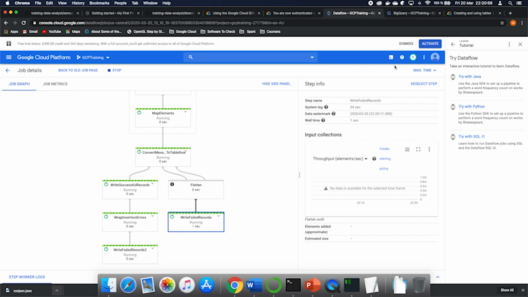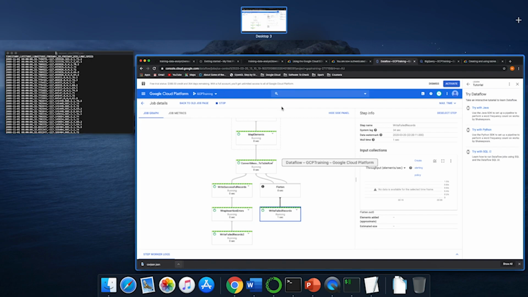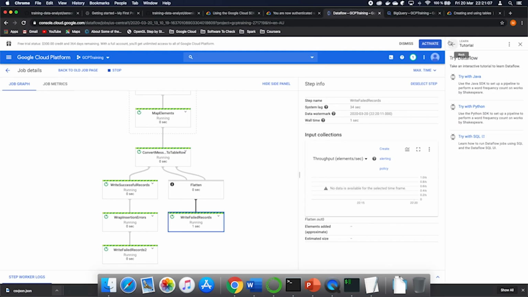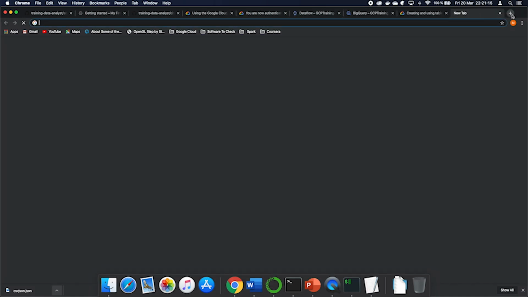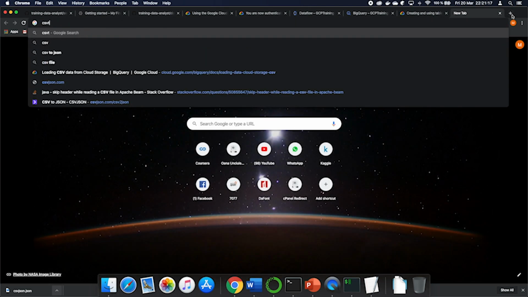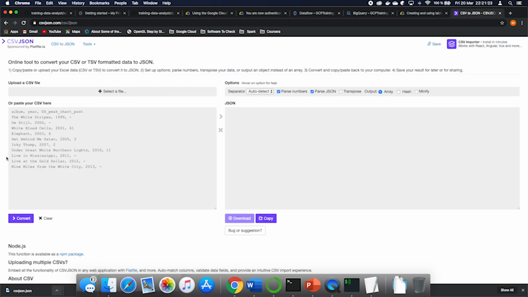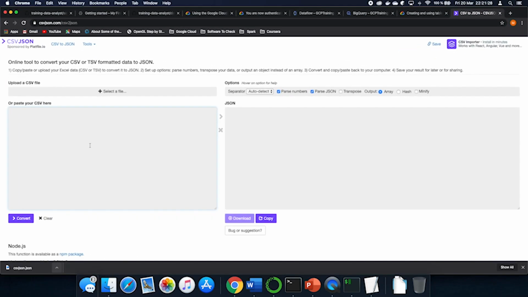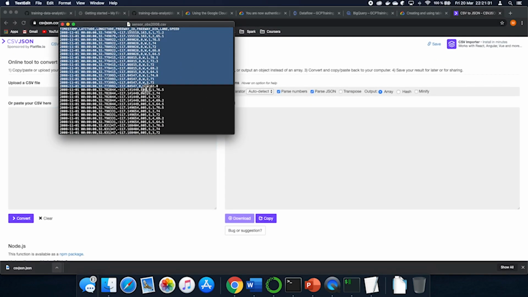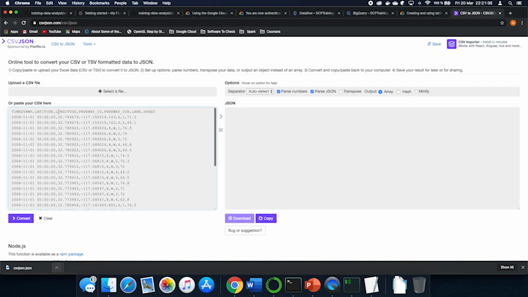Now we are going to do something else. We are going to take some of this data and transform it into JSON. I already did this for you. If you want, you can get it from the link in the description. Otherwise, you can go to a CSV to JSON converter online. You have this and you can enter, just copy some data here. Please do not forget to copy also the headers, otherwise it will not be transformed in the right format, and you just convert and you can download.